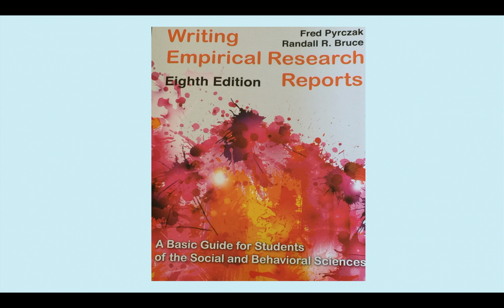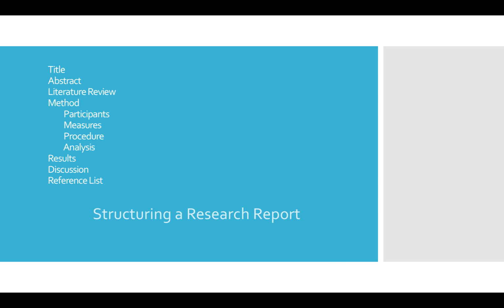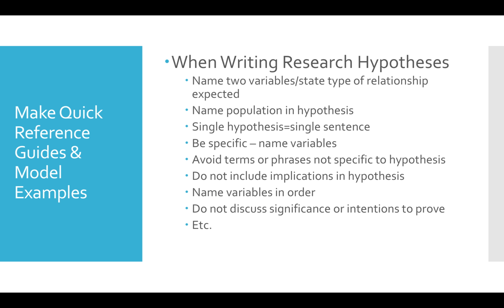Research reports have standard structure. Here are the main components of a research report. Remember that we're learning parts and pieces, and learning that will assist with knowing what goes where and how to say what. In learning the different parts, you can make quick guide references for the different sections as you're using the secondary text as a reference guide.